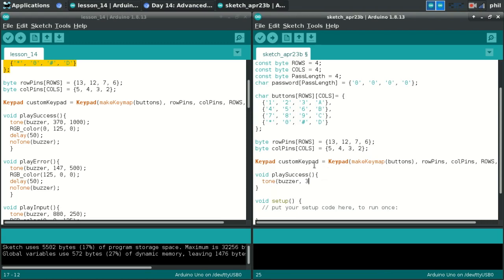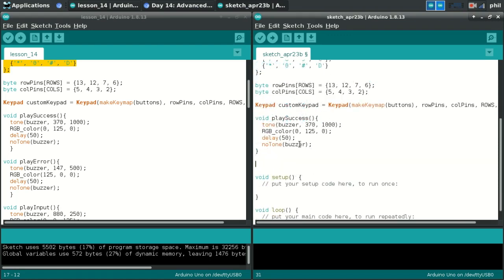And a tone of 370, the 1000 after. We're going back to using the RGB color function that we created a few days ago. And we're delaying for 50 milliseconds before we do a no tone